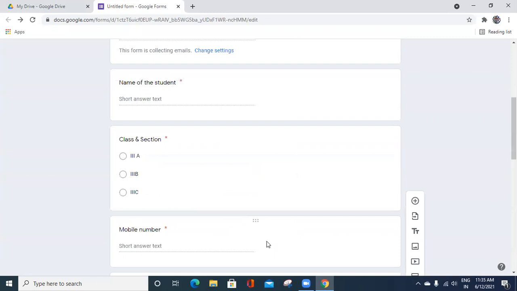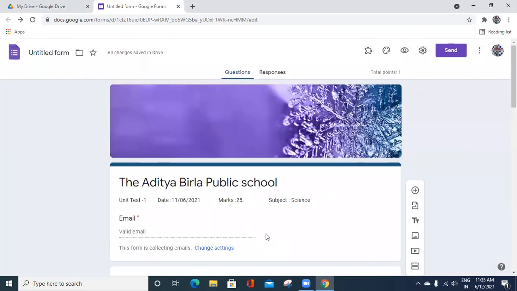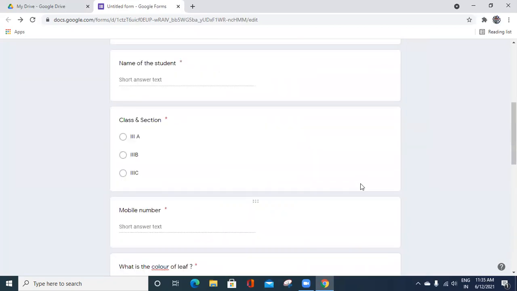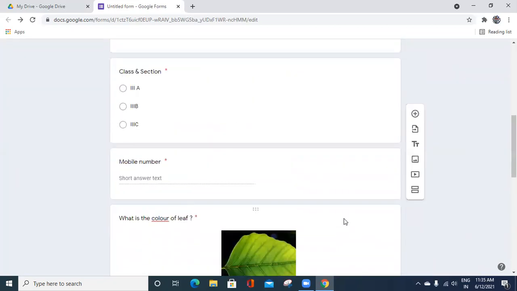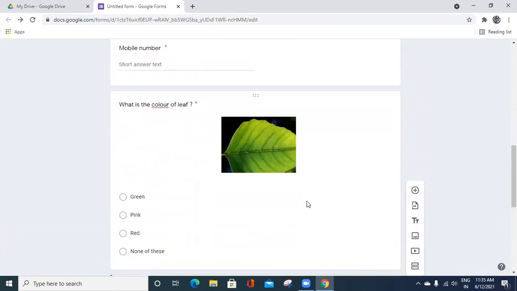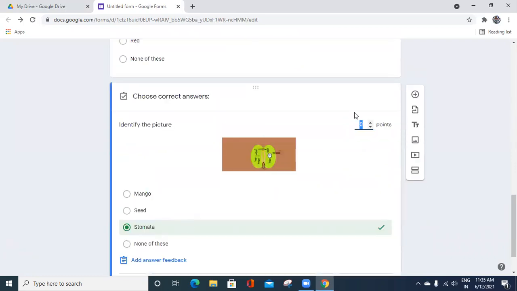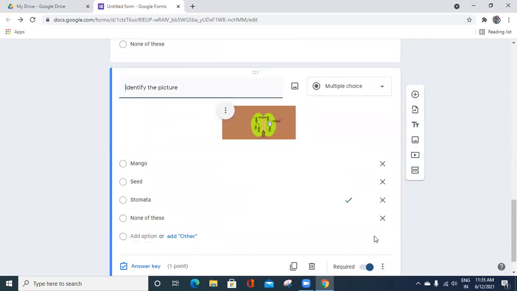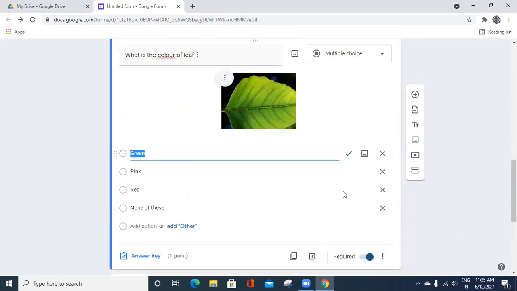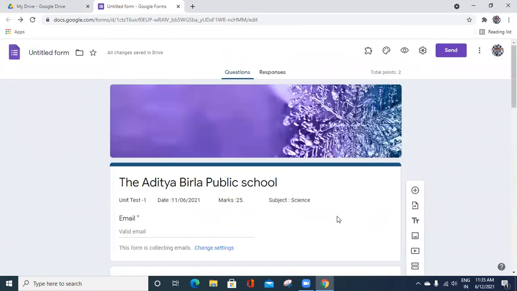Okay. Now what is preview? How the child can see, the point of view of the child. Your total points is showing 1. This is very important: you should always check that the number of questions and total points are the same. Here I have 2 questions, but only 1 point is showing. That means I have not given points for one question. Let us see which one. Is it this one? Okay, here 0 is there. So go to answer key and give 1 point. Now this is 1 point, this is 1 point. Now you see the 2 points are there. Yes. Now go to preview.